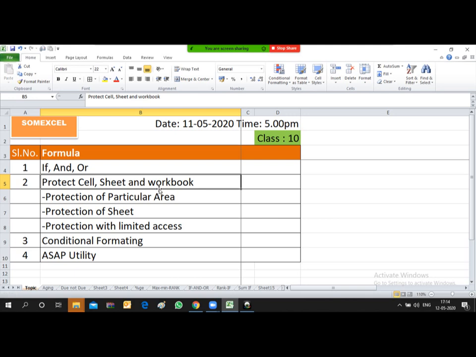Then, under protect, there are three options, and a few parts of conditional formatting and ASAP utility. So, friends, let's start with the remaining part which we could not complete yesterday, that is the IF and OR function.